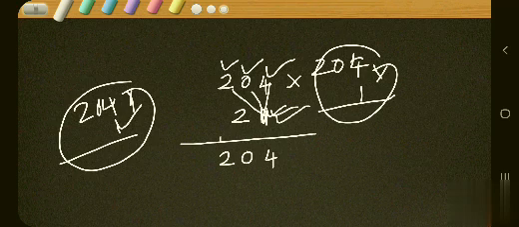204 with 1. Now we have to multiply 204 by which number? Yes, now we have to multiply 204 by 2. Isn't it? Now we are going to multiply 204 into 2. For this, what we have to do is that the symbol in multiplication here is addition. In the first place, we are going to multiply 204 by 2 now,